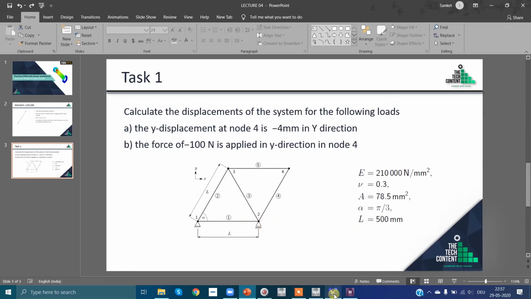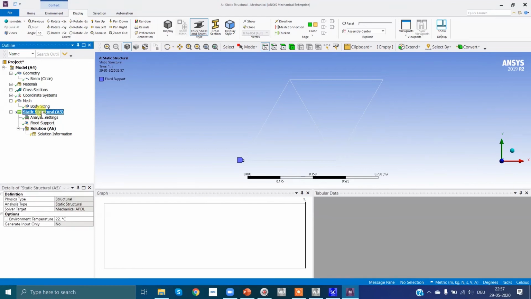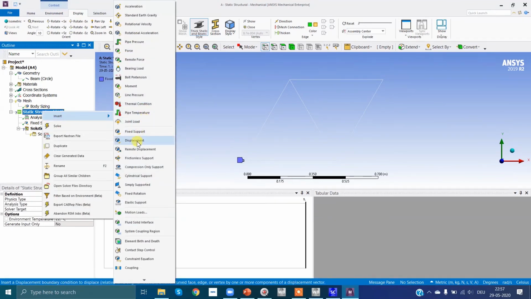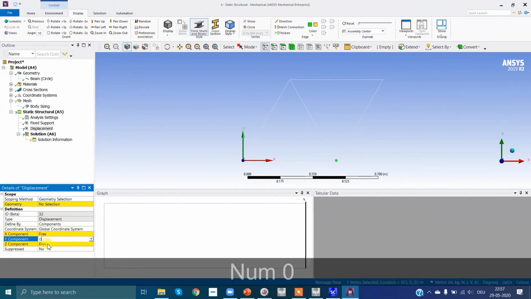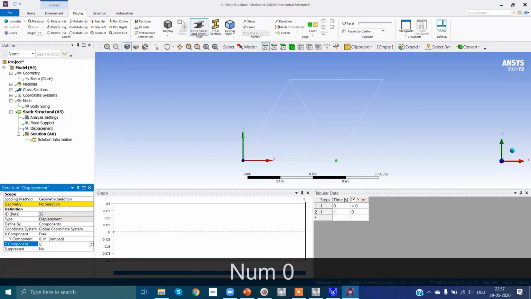So insert displacement. At this point, select this point. The displacement in this direction, meaning the X direction, is free, whereas in the other 2 directions it's constrained. So we will enter 0 for the other 2 directions.